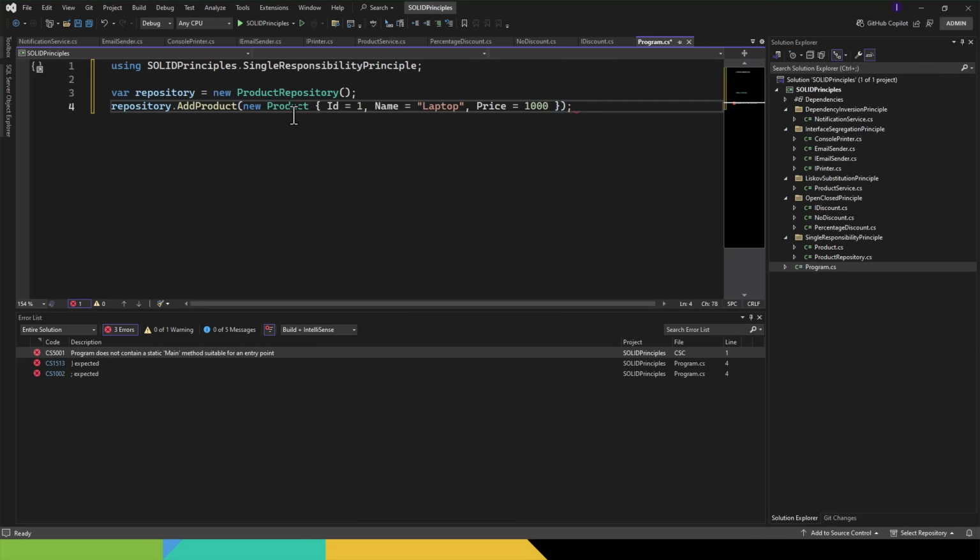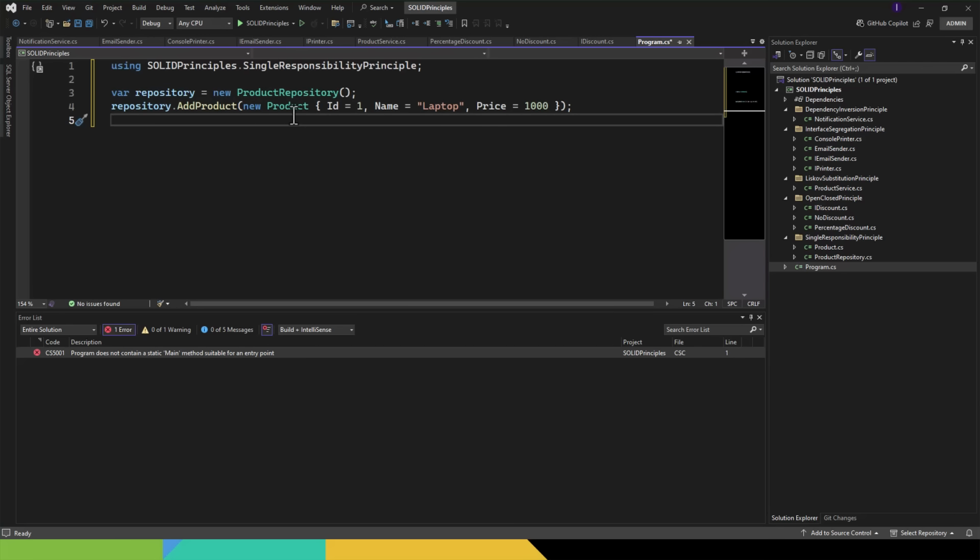So the single responsibility principle states that, notice, when we say new Product, its sole responsibility is to define what a product is, the data of a product. But the product repository's sole responsibility is to either add products, get products, update products, and so on. It doesn't define the data, but it has data retrieval methods associated with it. Okay. Next, I'm going to add